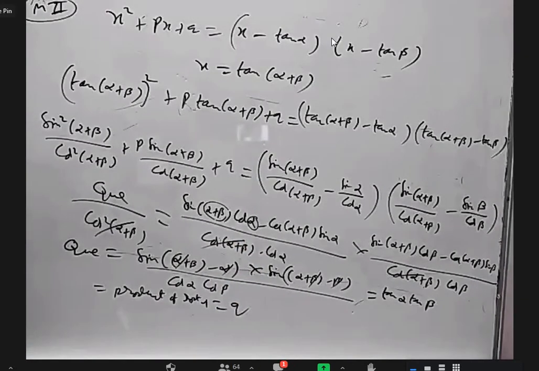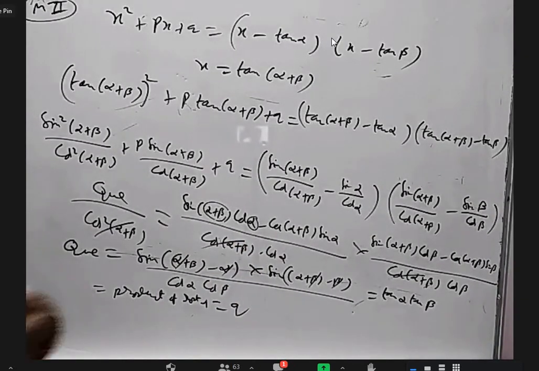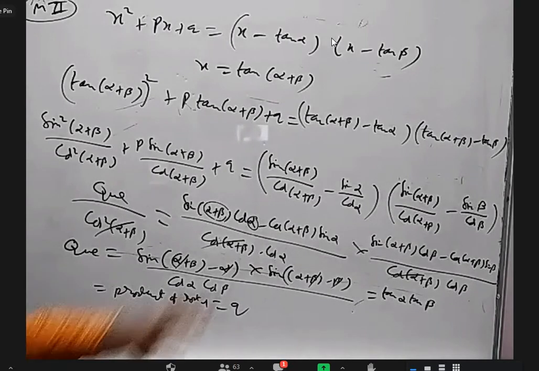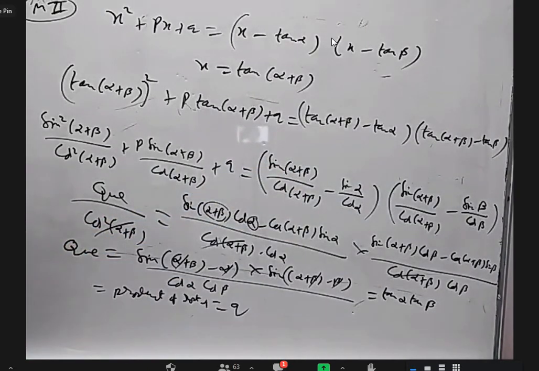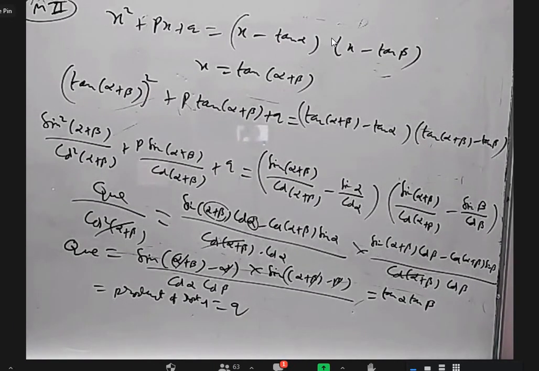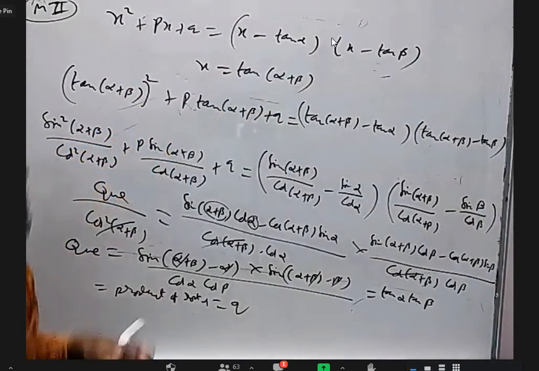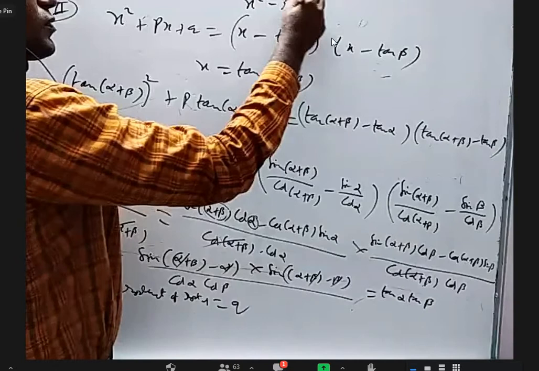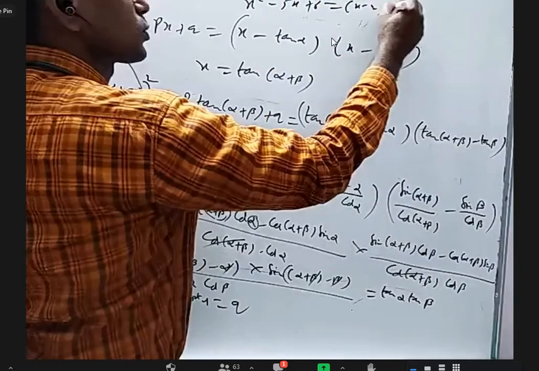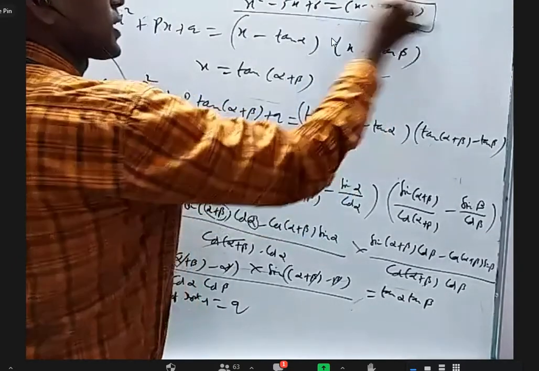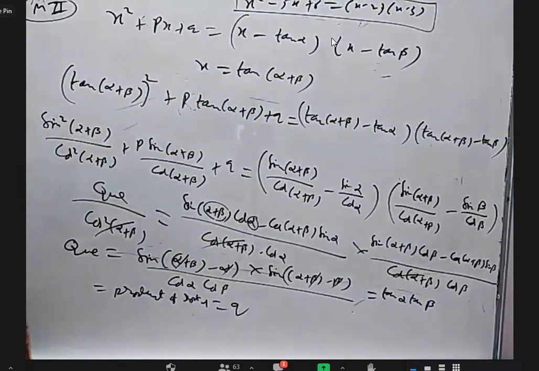I don't know how somebody got the idea to make the question. Maybe something like this might have given them the idea. Yes, please. Sir, they are x equal to tan(α+β), our assumption, sir. No, that's why I asked you. This is equal to this. For example, if I ask x² − 5x + 6 = (x − 2)(x − 3), is it a correct statement or wrong statement? Yes, sir, correct only, sir.